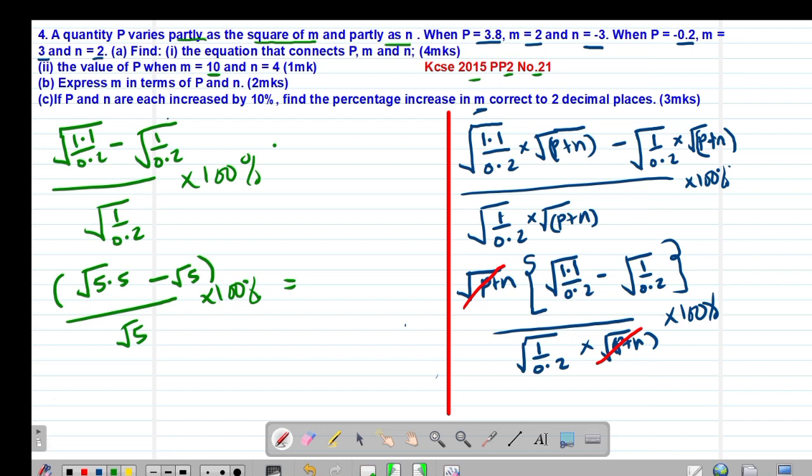I'm told to give the answer to 2 decimal places. So I'm getting 4.80885. So to correct to 2 decimal places, my answer will be